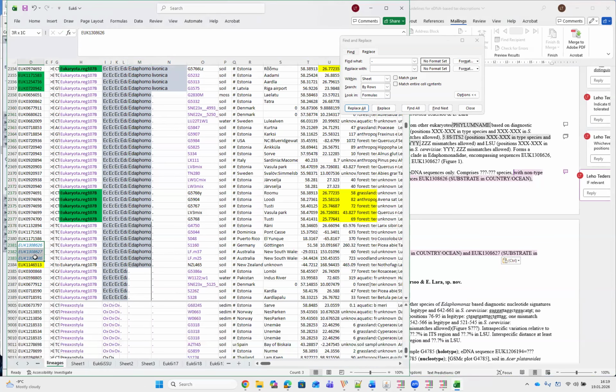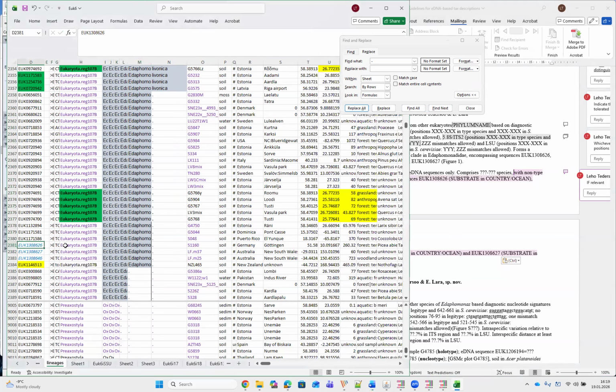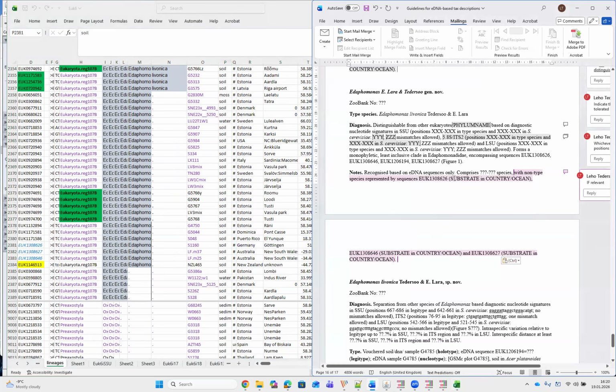So these are indicated here, all those three. So let's start from the first one, 626 ending. It's here. It comes from soil in Göttingen, Germany, Pisceabius forest. So we can put forest